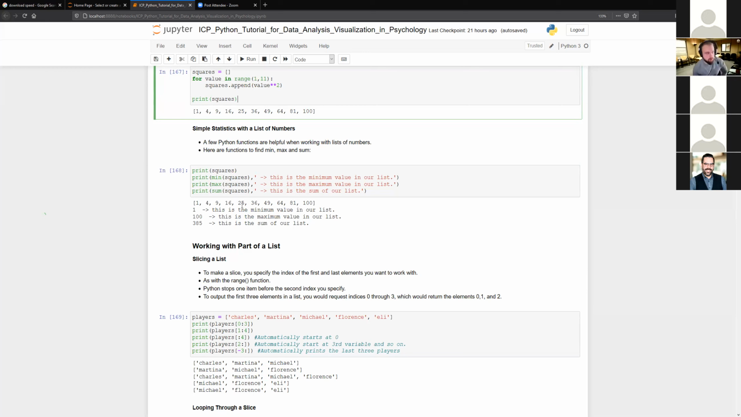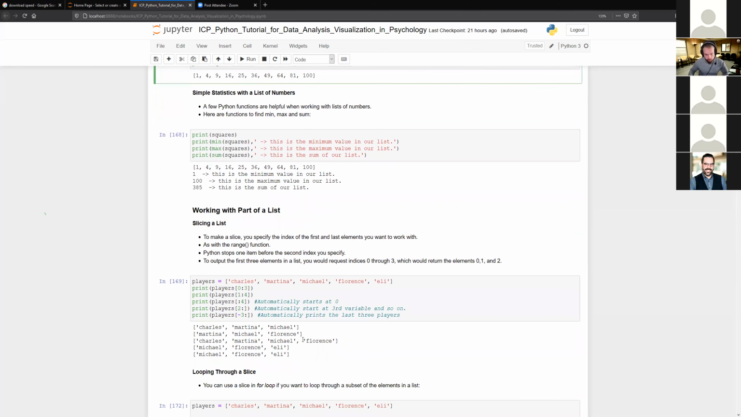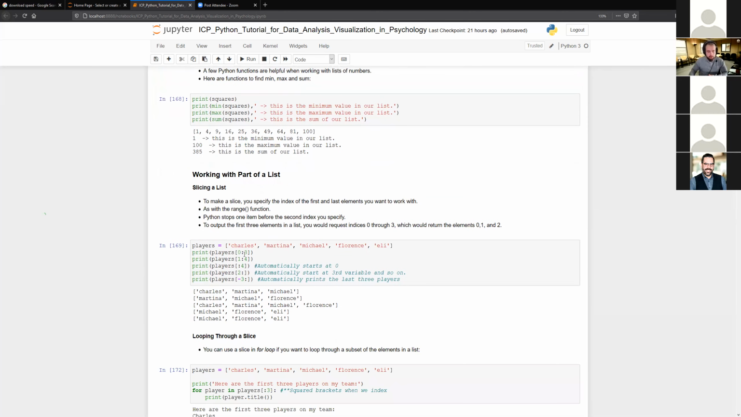Now we're going to go to working with part of a list, slicing a list. I'm not going to go too much into detail because later on I won't be working with it that much. But the point of slicing a list is that I want to only retain a certain part of the list, and the rest I don't care about. So the way you do it in this case,